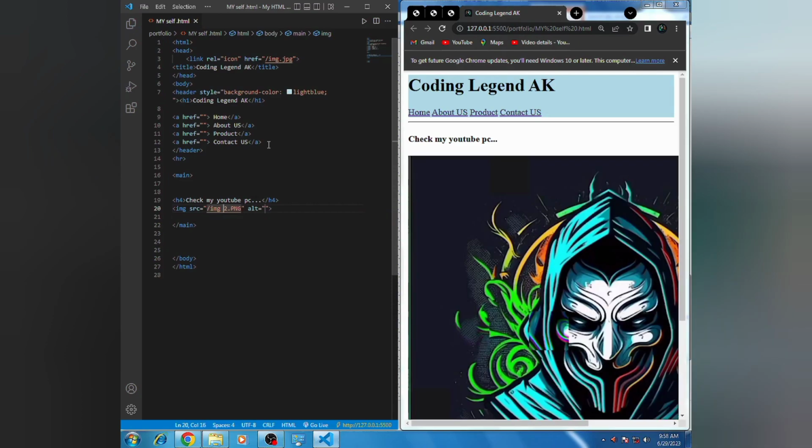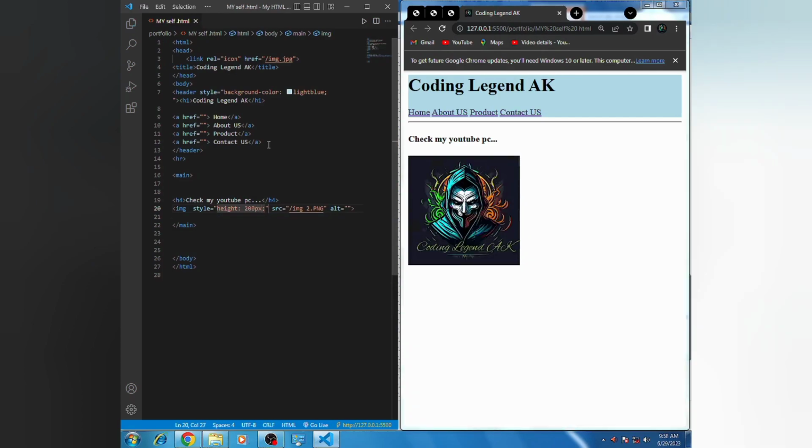Now I can adjust the height by writing an attribute named style. I will write style and I will write height, and I will adjust the height up to 200 pixels and I will save it. Now you can see the border of my pic is sharp. I can smooth it by writing